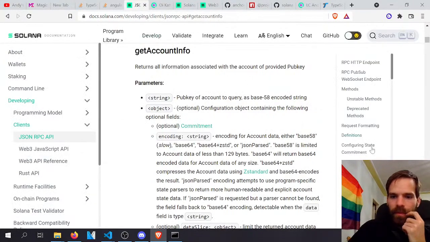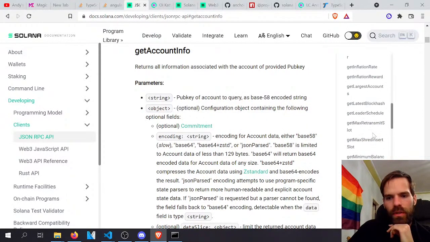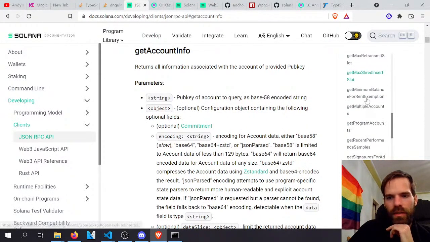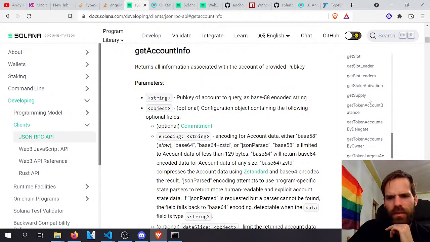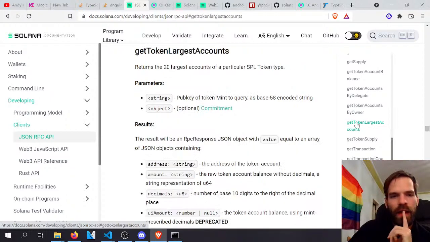Let's go here maybe. There is another call: get token accounts. Get token accounts by owner gives us the token accounts that one address holds. That could be potentially interesting for some stuff, but what we want to use now, I guess, is